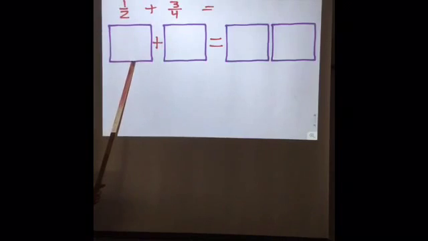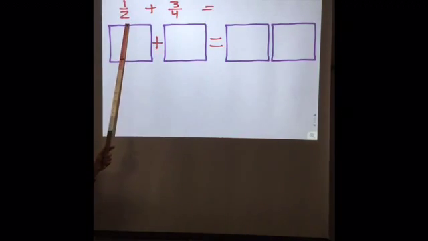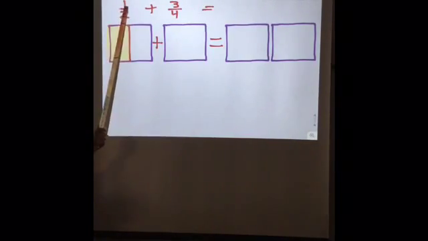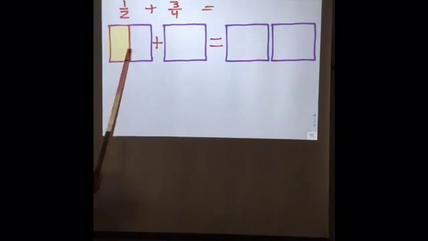What I'm going to do is we have this square, we're going to turn it into a what? A half. How do we do that? We draw one line, right? A vertical line. Then what do we do? We're going to shade in one area. How many areas are shaded in out of how many things? I have one shaded in out of two. So the one up on top means one shaded, and the two on the bottom means it's cut into two